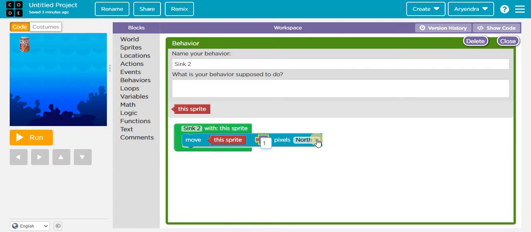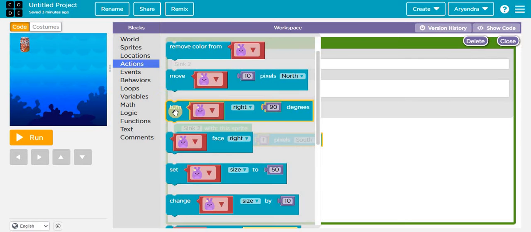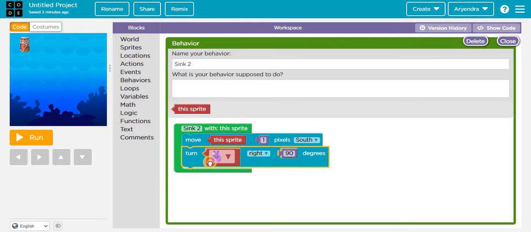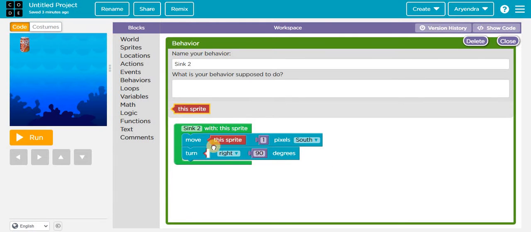Now we have to change this north to south. Now we have to go to actions, turn the sprite 90 degrees, remove it, take this sprite, change 90 to 1,